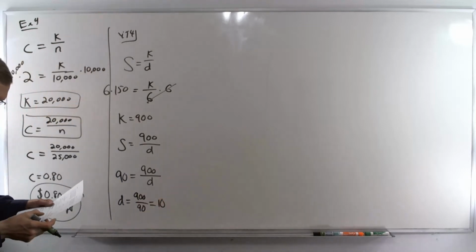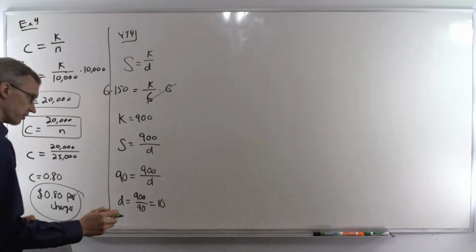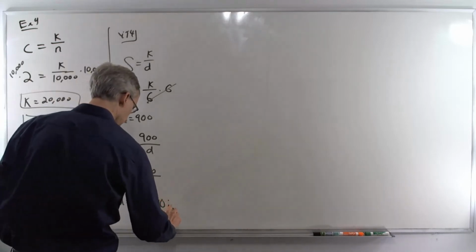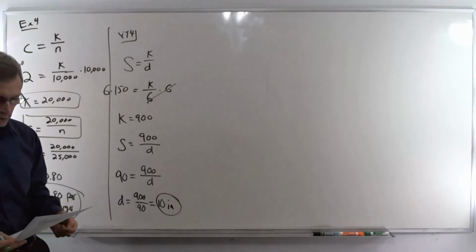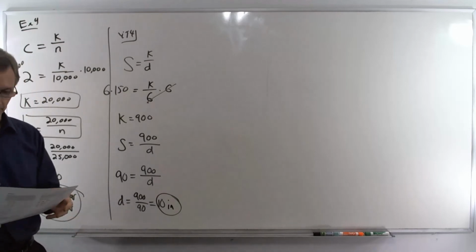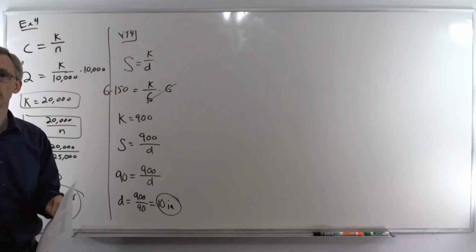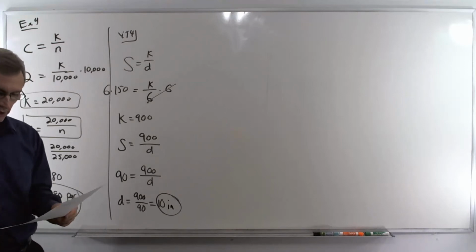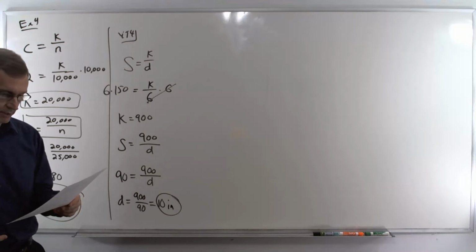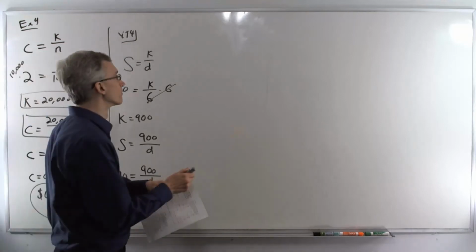Divide those out, you get D equals 10, and the units are inches. Now in all the prior examples, the variables were all to the first power. That's not always the case. This also works with higher powers. So for example 5,